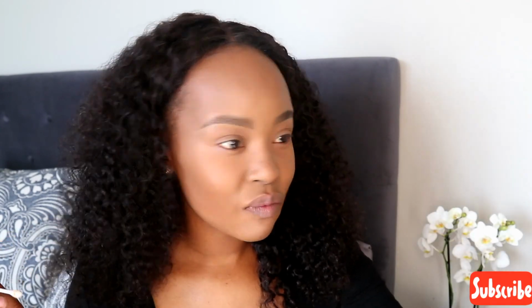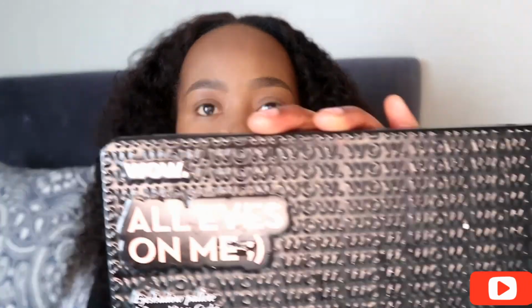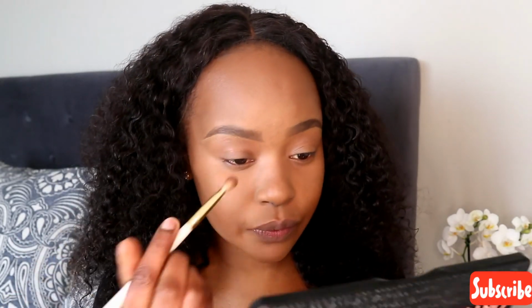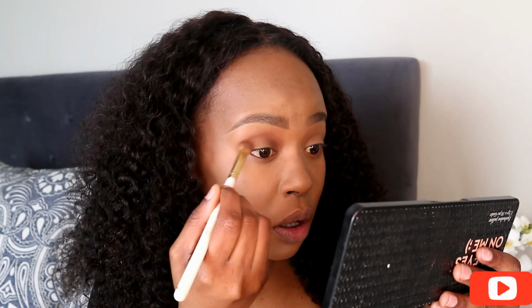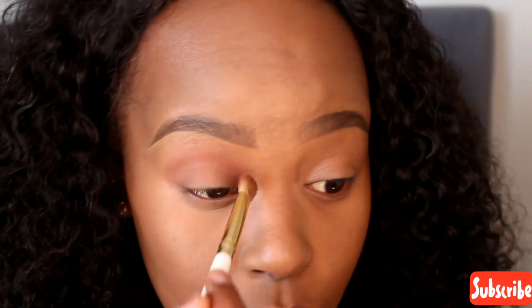Okay, so I just went back in to clean out my brows and I'm going in with the USHAS Cosmetics All Eyes on Me palette. I went for Baked as a transition color. So basically the key is just to blend. Eyeshadow is not really that difficult. Even if you can just go for a bronzer, you start out with a bronzer and